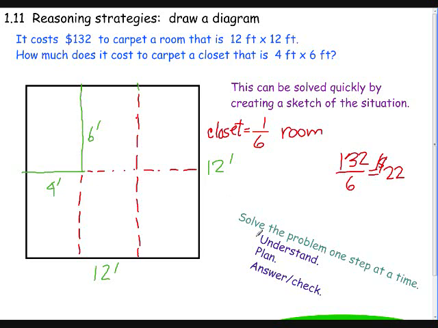So what did we do? Let's review this. We looked at this to understand what the problem was. We're trying to figure out how much it would cost for a smaller area. We put together a plan by drawing a diagram and then noticing that that was exactly 1/6 of the whole room. Then we put together a little expression to help us figure this out. Well, the only thing we didn't do, and it's so important,